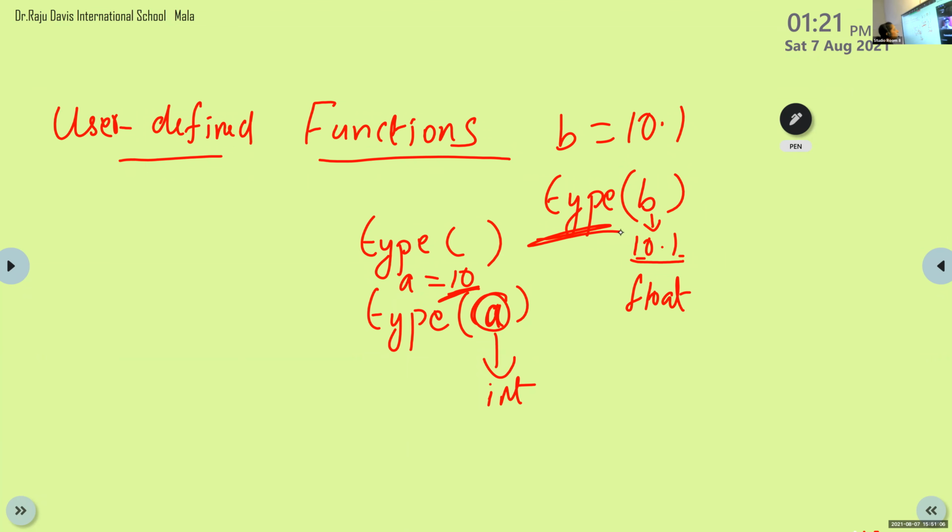There is no need of writing the definition of this type function, because the system is defining this function. So that is a system defined function. We can just use this function, type of A. There is no need of any explanation.